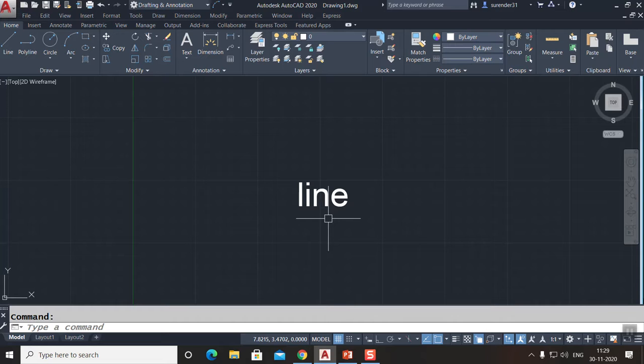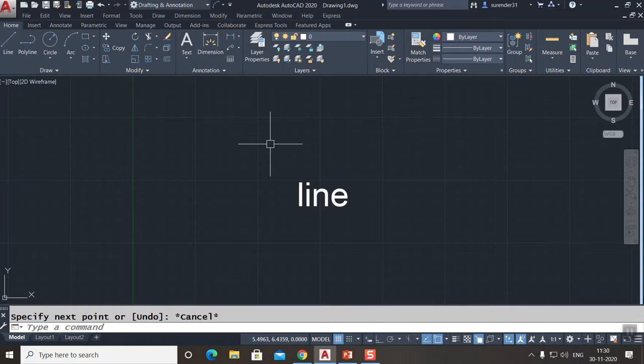It can be center, left, bottom center, or any other. So I take, say, the line command and I say insertion, INS for insertion, and see, it is giving you the insertion point like this.